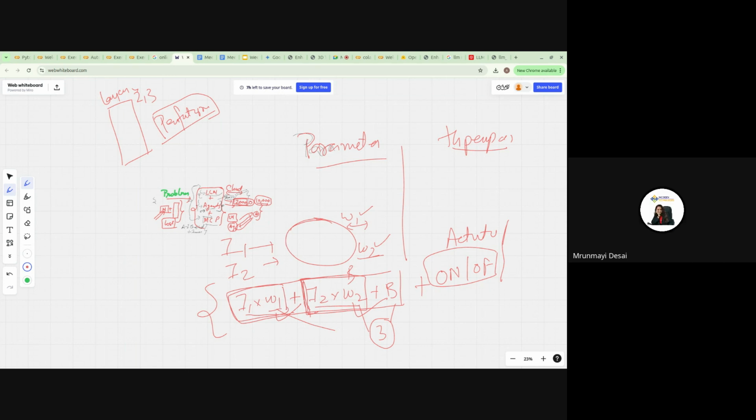Anand, one question: how are these layers decided? Ideally, we go with the hit and trial method. Most developers go with hit and trial. We know the problem we have to solve, so first we can start with 5 layers.